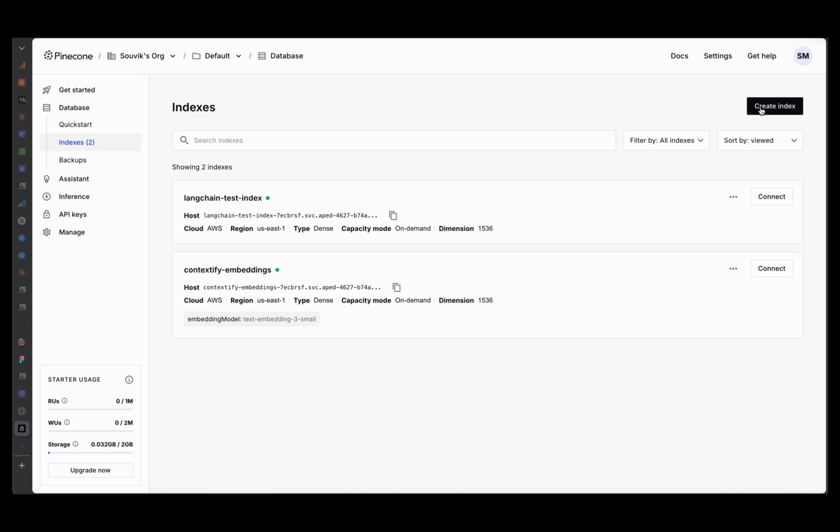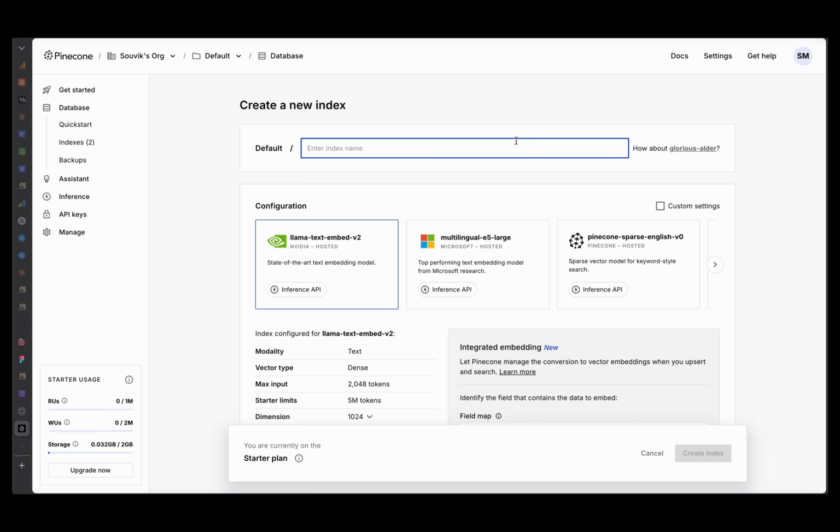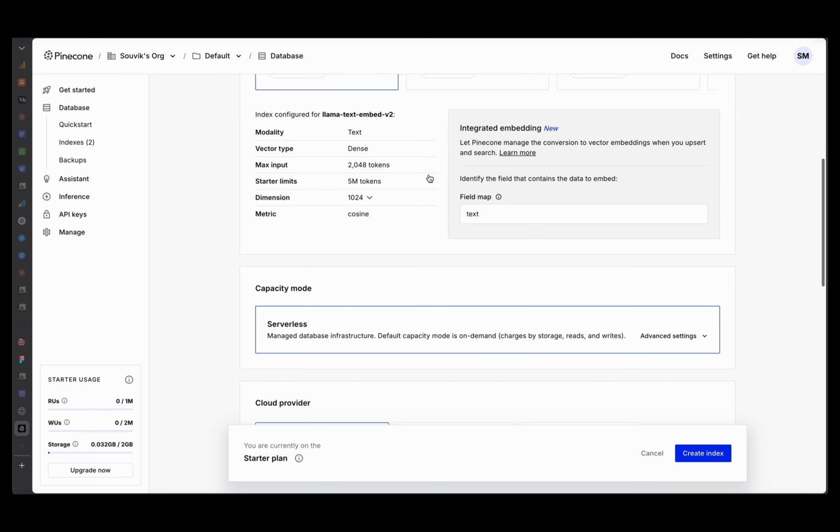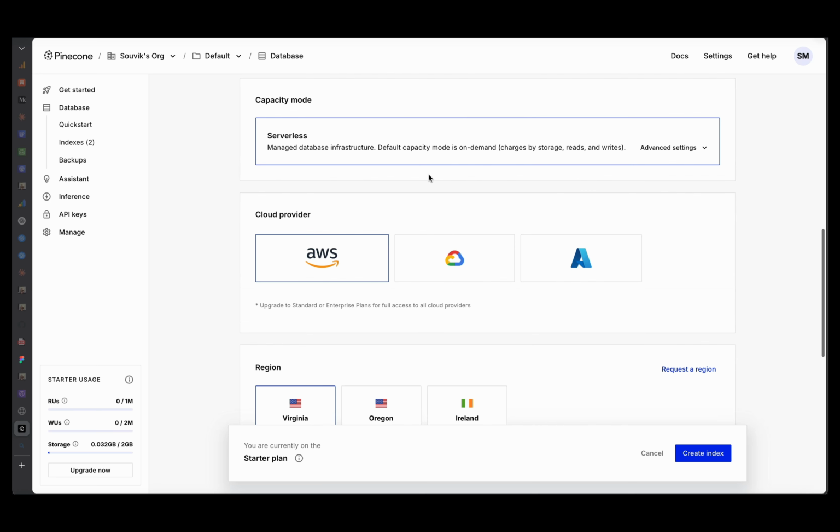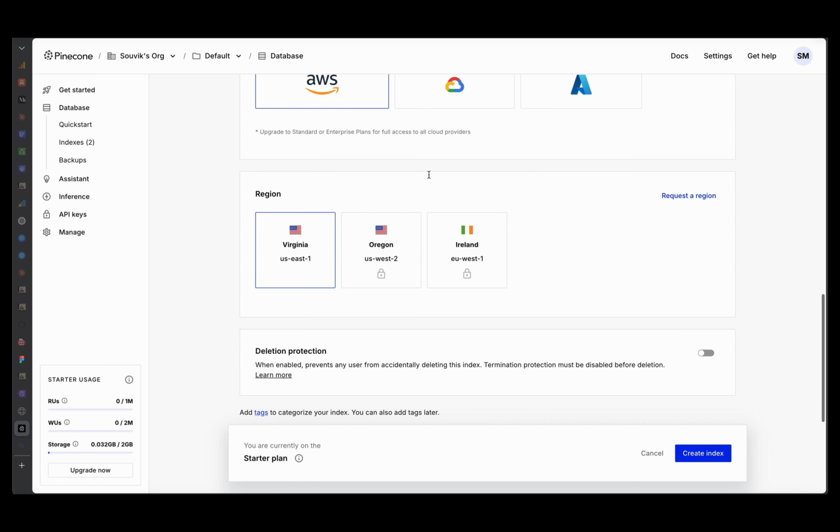So I'll just quickly click create index. I'll give the name as AI knowledge assistant embeddings. I'll keep everything default,